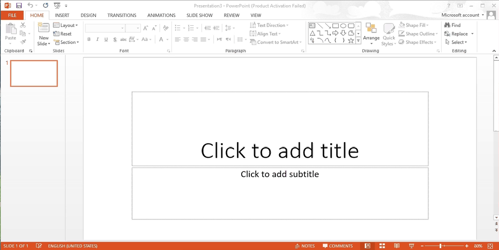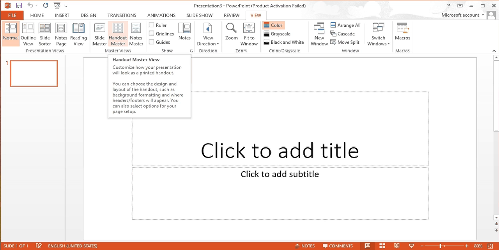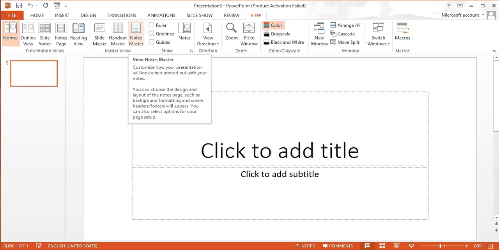We can do that. For creating a Slide Master you have to go through the View tab. In the View tab these are the presentation views: normal, outline view, slide sorter, notes and reading view. And then in master view you can see Slide Master, handout master and notes master.